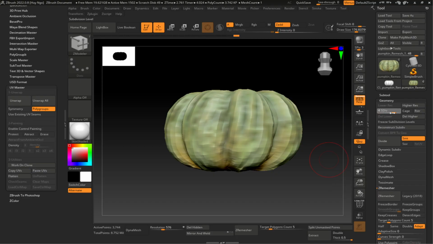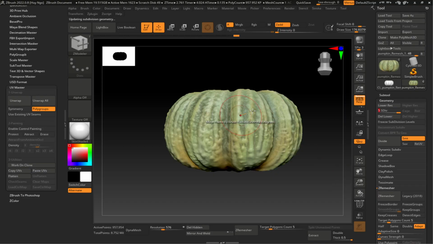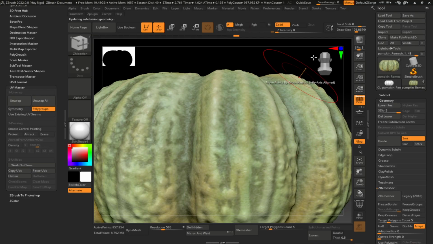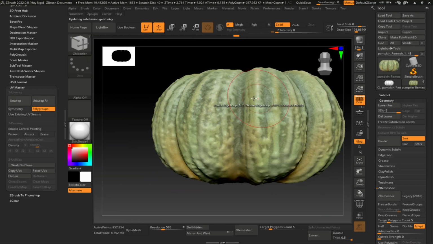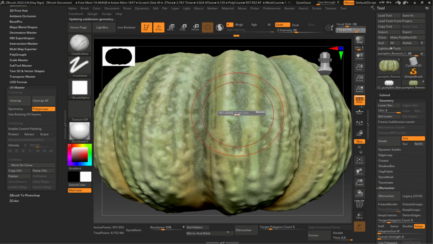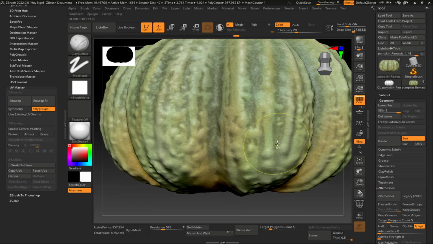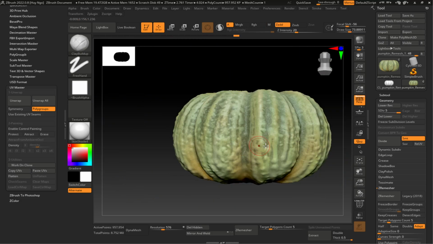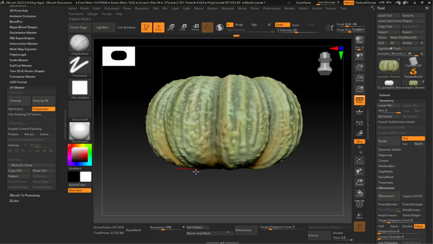click and drag this slider back up so that you bring back your high res model. And I'm going to get out of the ZRemesher tool by just pressing B C B on my keyboard to bring back up my clay buildup tool. All right, so this is your high-res remesh pumpkin, and the next step is we're going to generate a texture map